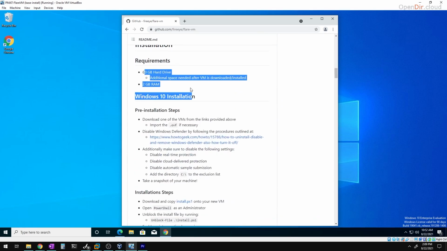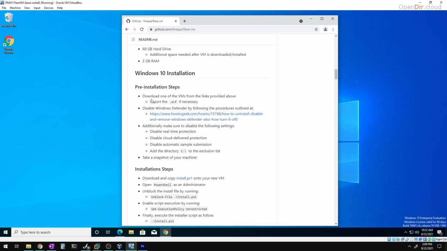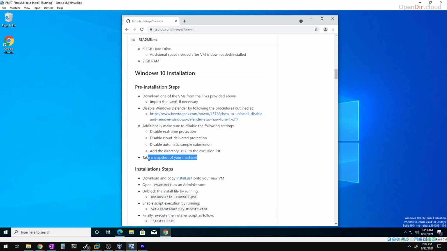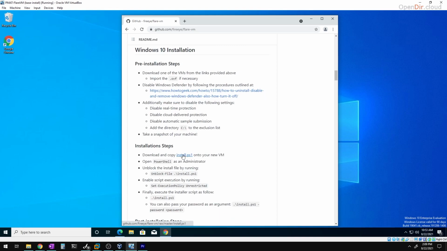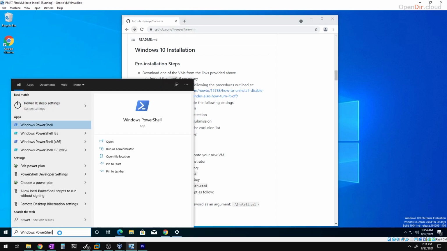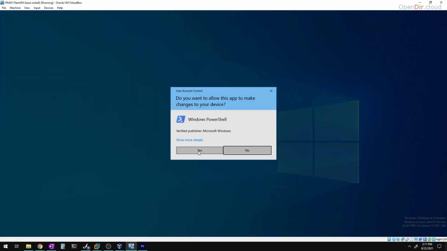So take a look at the requirements here. I think we should be good with this. And what we want to do, we've actually pretty much sorted out all of the pre-install steps here. So we've taken a snapshot of our machine, and if anything goes wrong, we can always revert back to it. Now, what we want to do is right-click on install.ps1 and copy link address, and we're going to open up a PowerShell prompt. And we open this up as administrator, so right-click and run as administrator,